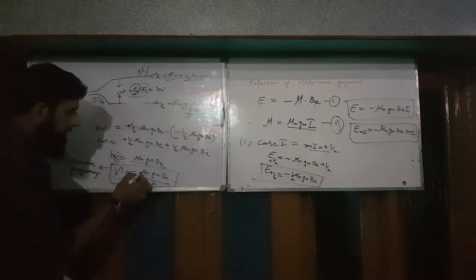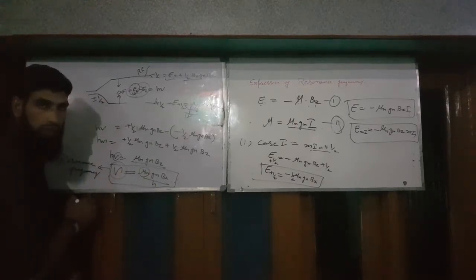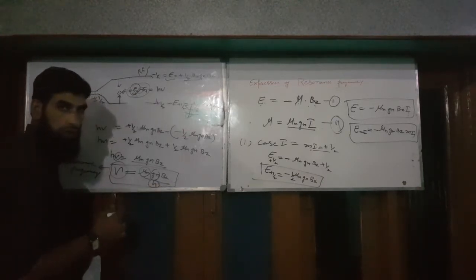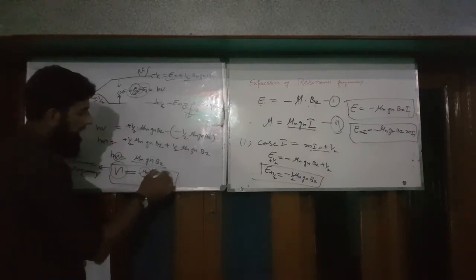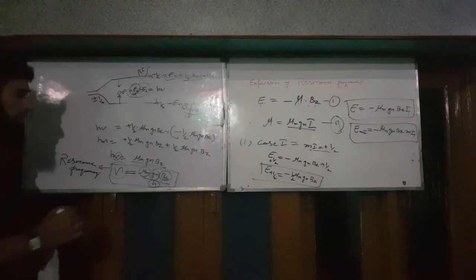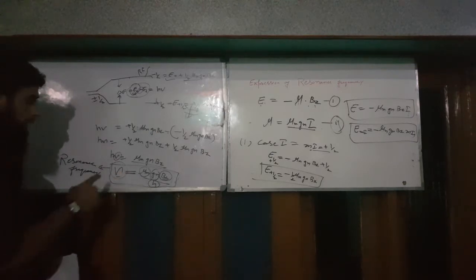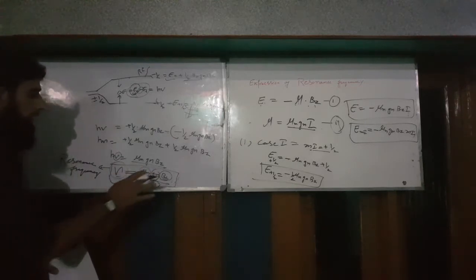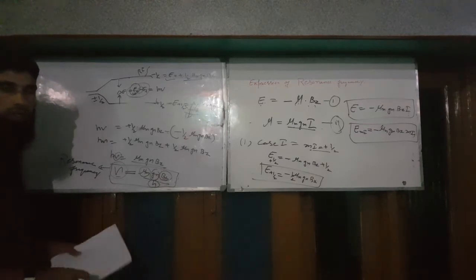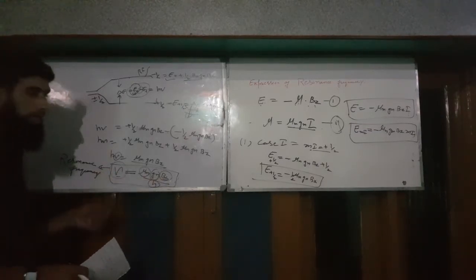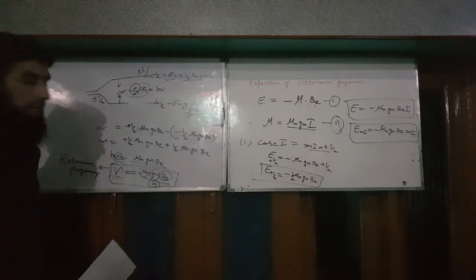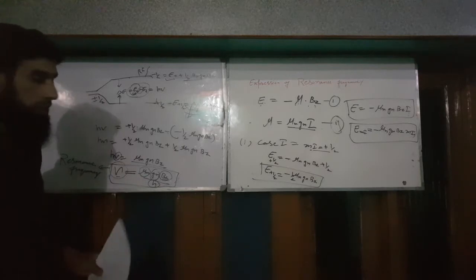As we know from the expression, mu n is a constant. It is always given in the question. gn is also a constant, and Planck's constant is also a constant. So the only variable is the magnetic field. So if you ever face a question on this equation, these three parameters will be given, and you only have to substitute the value of the external magnetic field, and you will find the resonance frequency. It is a very important equation. Many questions have come from this equation in CSIR NET. Okay.